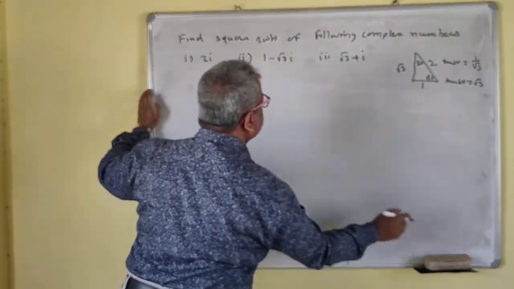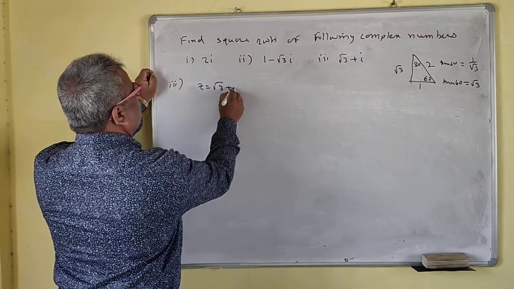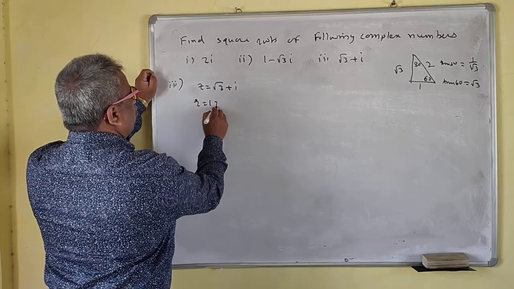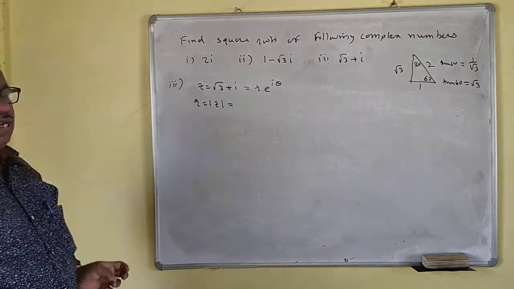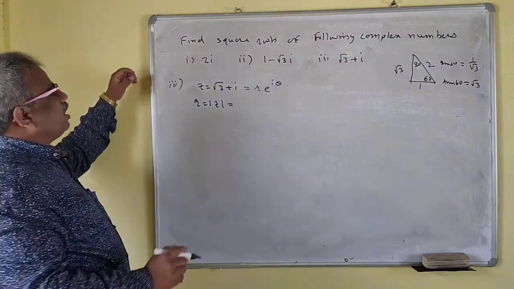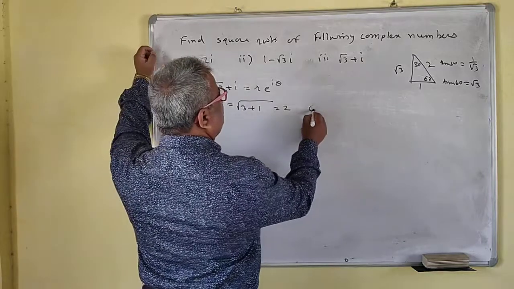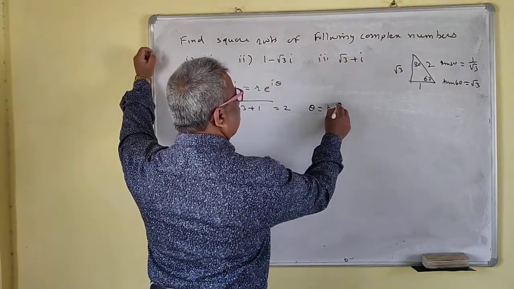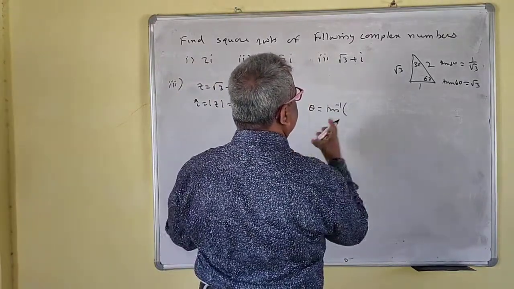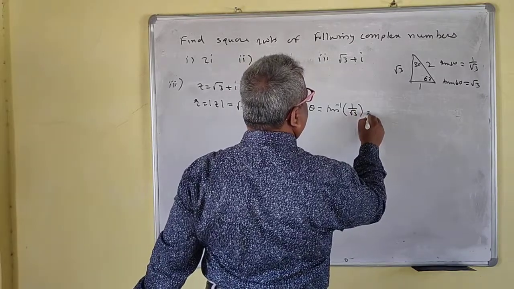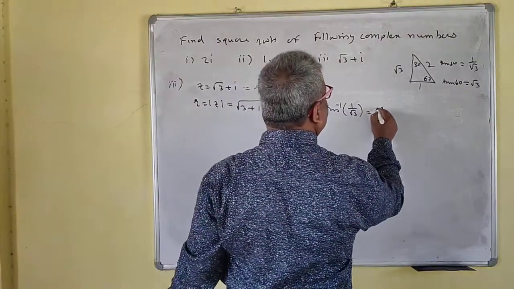Third one. We'll take the third one. We'll solve each. Z is equal to root 3 plus i. So R is equal to mod Z. I want to write this in the form R e raised to i theta. So mod Z is equal to the root of this square, 3 plus 1, so this is 2. Now your theta, both are positive, no problem for this one. This is tan inverse of y by x, 1 by root 3. And tan inverse of 1 by root 3 is 30 degrees, and 30 degrees is the same as pi by 6.